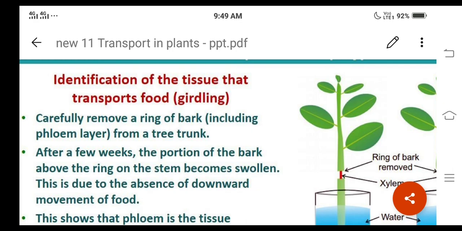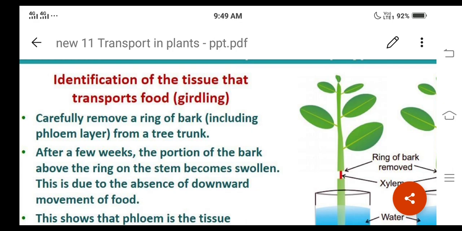And remember, this experiment was conducted by Malpighi, to demonstrate the pathway of translocation of organic nutrients, and also to identify the tissue involved in it. Let us understand the different steps involved